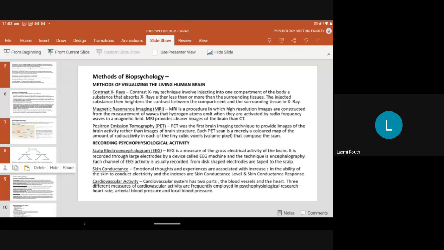And then the next slide is about the methods of biopsychology. Mainly there are some methods here. That means the methods of visualizing by taking some images of the brain through magnetic fields, X-rays, or some